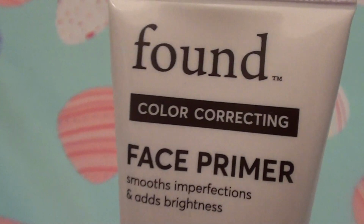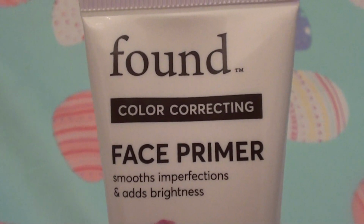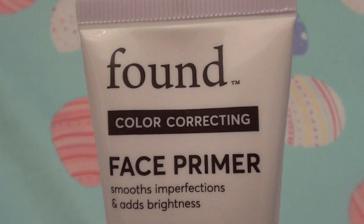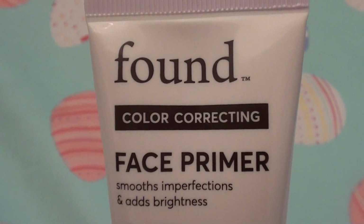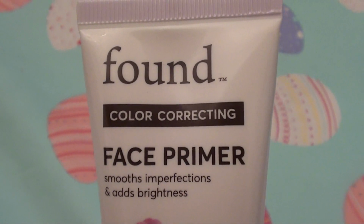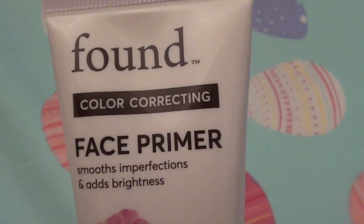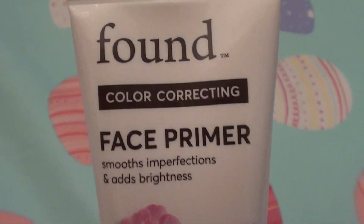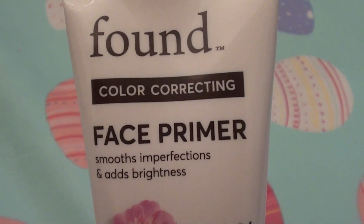Gonna be doing a product review. Gonna be talking about makeup today. Obviously, you guys know I love makeup. I do love skincare a lot more. However, I love skincare and I love hair care a lot more than makeup, but I still love makeup. Makeup is like third place to me. Still a passion and a love of mine, but it's just not as important to me as it was when